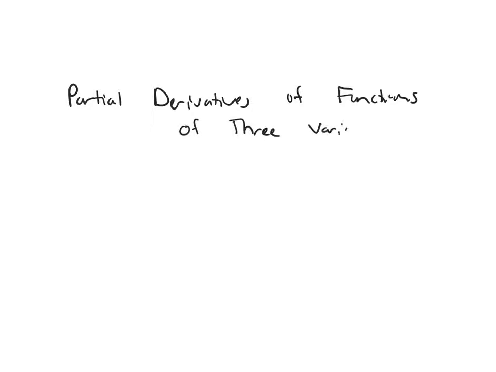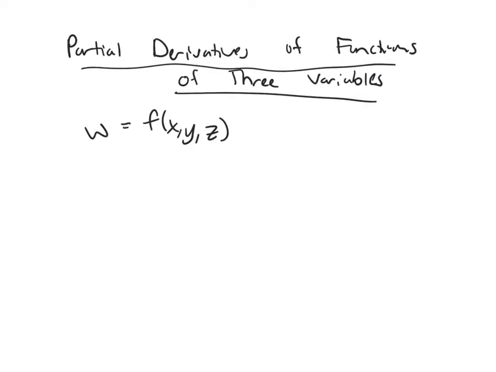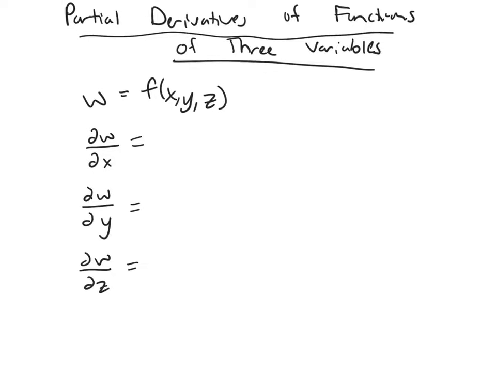So now let's talk about partial derivatives of functions of three variables. So remember, if I have a function of three variables, we represent it f of x, y, z equals w. So then you can find the partial derivative of w with respect to x, the partial derivative of w with respect to y, and the partial derivative of w with respect to z. So I have three variables, so I have three first partial derivatives,